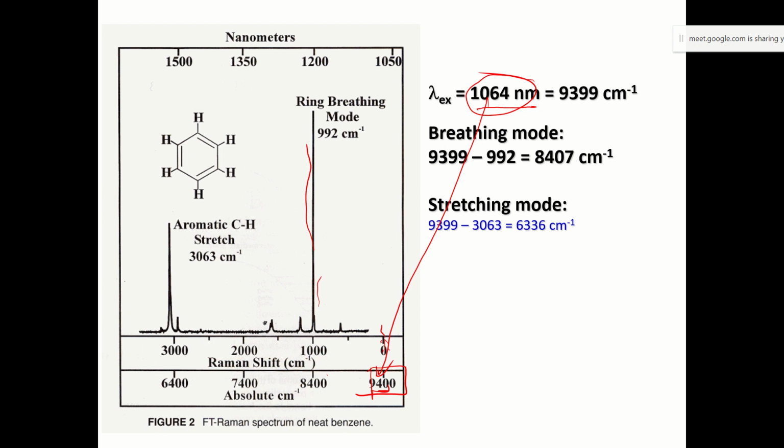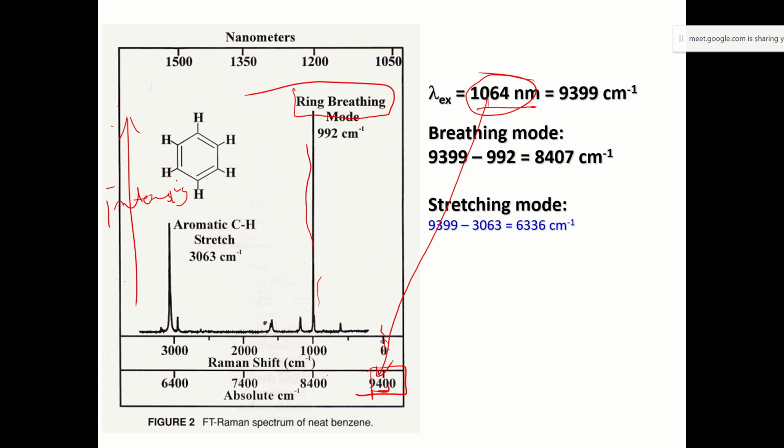So you can see wherever there is change maximum. You can clearly see, ये इंटेंसिटी है. इस डायरेक्शन में जो आप देख रहे हैं वो इंटेंसिटी है, इंटेंसिटी वर्सेस द शिफ्ट. So the most intense signal that you are getting is the breathing mode of the ring. सोचिए रिंग पूरा का पूरा एक साथ एक्सपैंड कर रहा है बाहर की तरफ, सारे एच एटम्स बाहर मूव कर रहे हैं, कार्बन एटम्स मूव कर रहे हैं बाहर की तरफ, maintaining the same structure of the molecule. There is no change in geometry of the molecule, but there is change in the size of the ring,